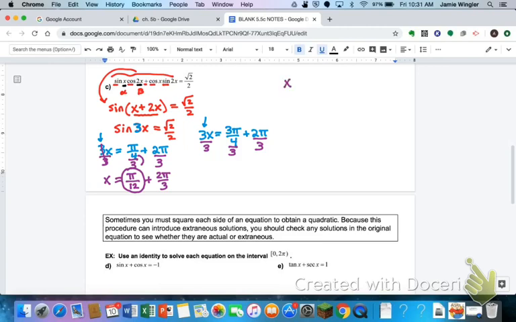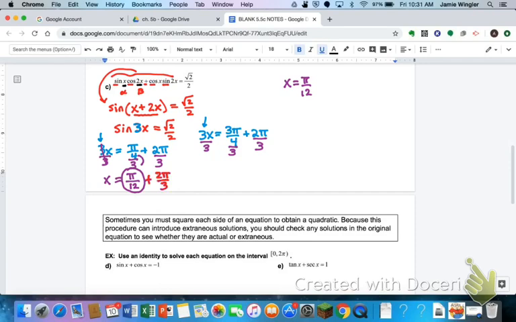So I'm going to list my answers over here. I know pi over 12 is an answer, but I'm going to have to add to that. What do I add to that? Well, I need to add 2/3 pi. Well, if I add 2/3 pi,